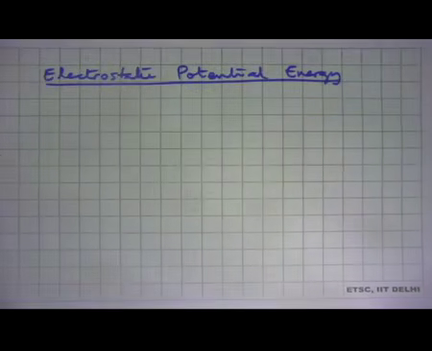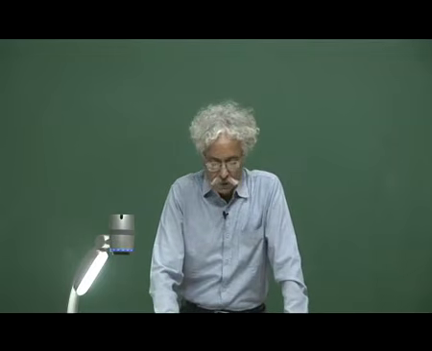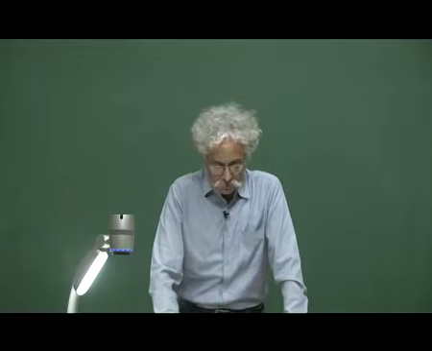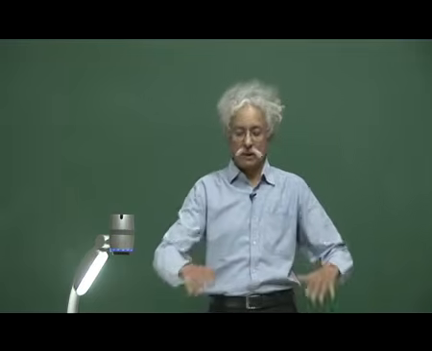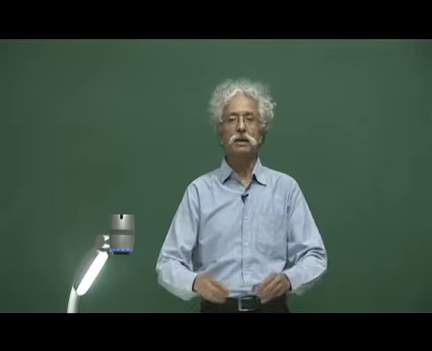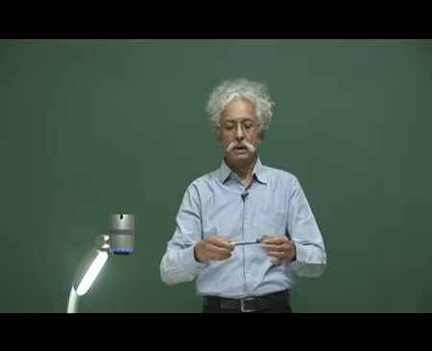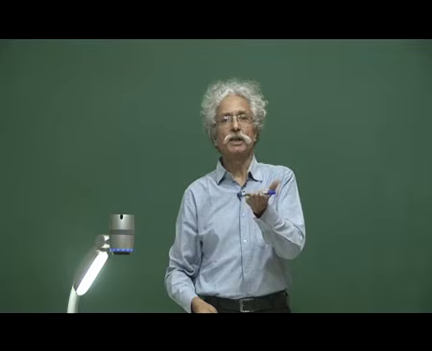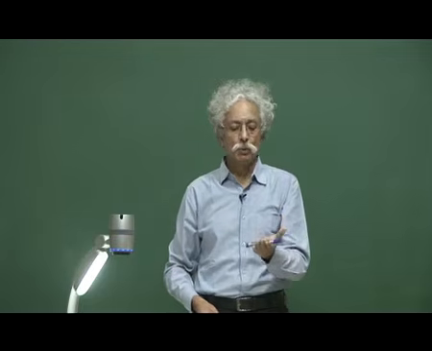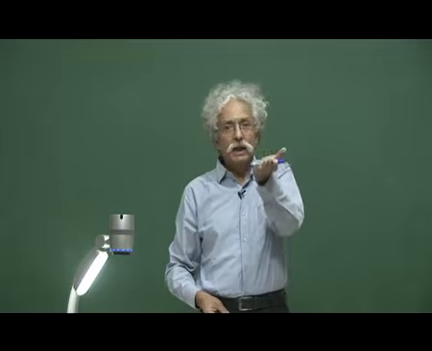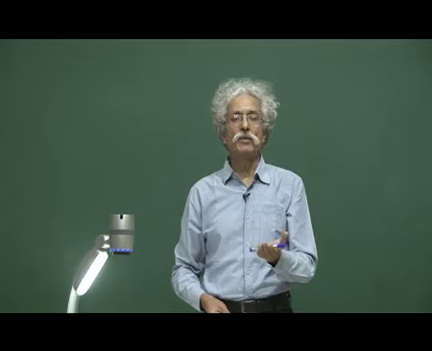You have all learnt about gravitational field, and when you have an object in the gravitational field, to move the object you need to exert an extra force. So, imagine we have the ground surface here and I need to move an object from a certain height to another height. There is a gravitational force which is trying to pull the object below, and I need to apply a force against the gravitational field to move the object up. And so, I have to do work to move the object from a certain height to a larger height, which means that the work which I am doing actually gets stored in the form of a potential energy of the